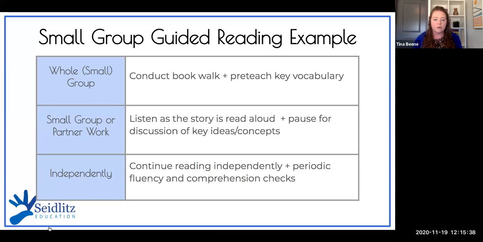And then when we do the small group, we want to have mostly the teacher read out loud. So if you're not in a place where you can sit at a small table with your students right now and read, then we want to think about reading the story ahead of time and having the recording play for students through their own earbuds, or directing them to a website where a lot of our favorite children's stories or a lot of resources now have been read by famous actors, and you can find those on YouTube so they can listen there. But we want to have them listen to the story some and also have some discussion and monitor comprehension before we release them to independent work. When they do it independently, now we want them to only have some periodic fluency and comprehension checks, but to be reading on their own.